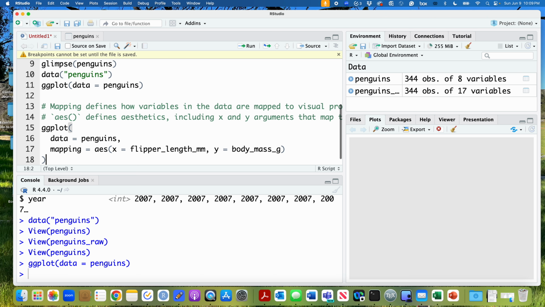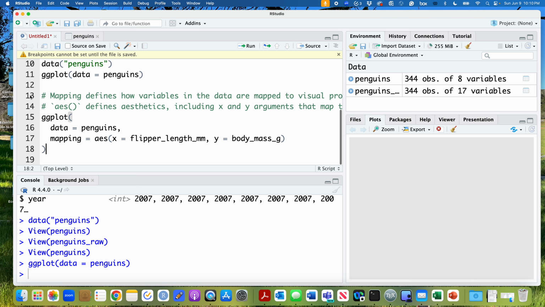So let's paste this line of code here, and now instead of just having data equals penguins, we're saying comma, right? So don't miss that comma. And then we are specifying our mapping. So we're saying mapping equals aes, which stands for aesthetics, and then we're opening the parentheses and we're saying x equals,